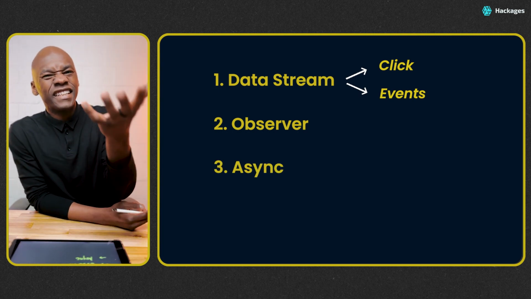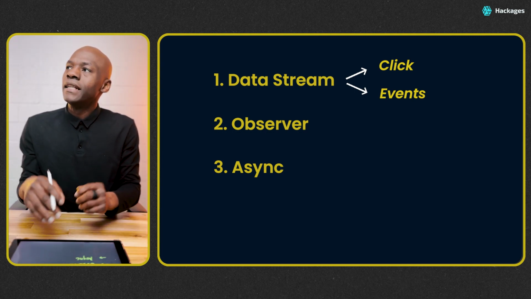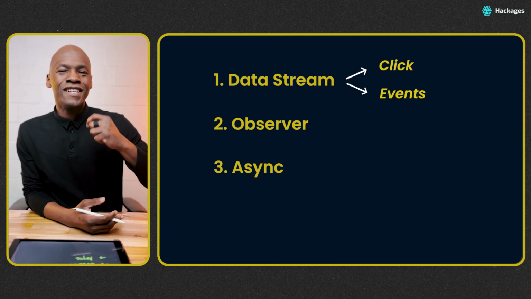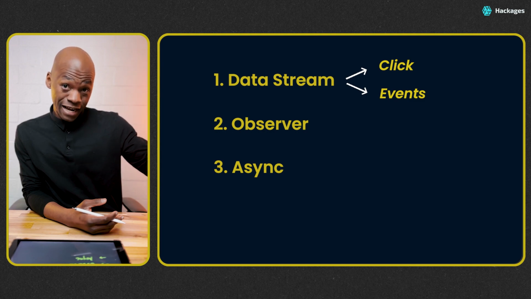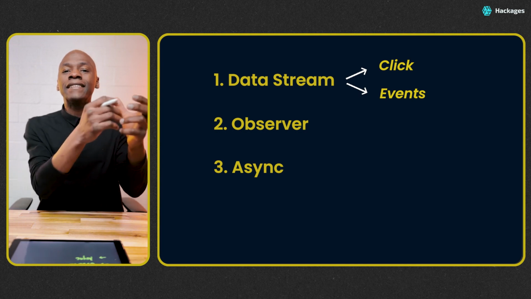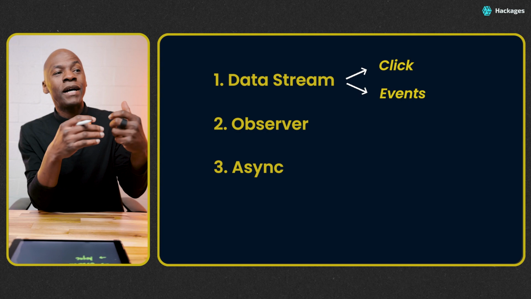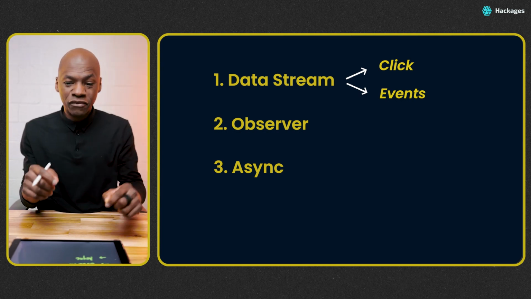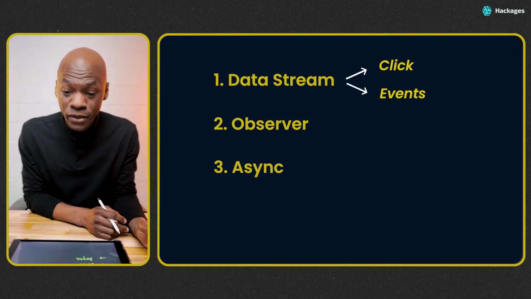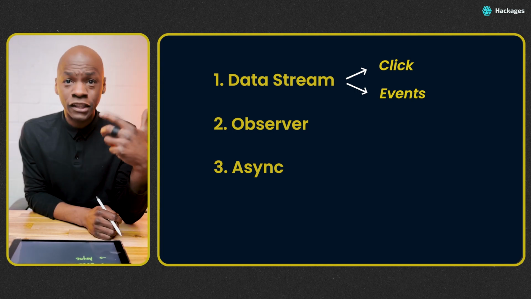When I say async, in the JavaScript world, you think promises and so on. It actually goes beyond that. It's just the idea that when you send a message, you don't know when that thing is going to happen. You just have to subscribe, and that's going to be the next keyword we're going to be using. The async part says, hey, I'm sending you a message, and that message might not arrive right away. It might take a different route here and there, but it's going to be there at some point. And if the message doesn't arrive, you will either have an error or a complete